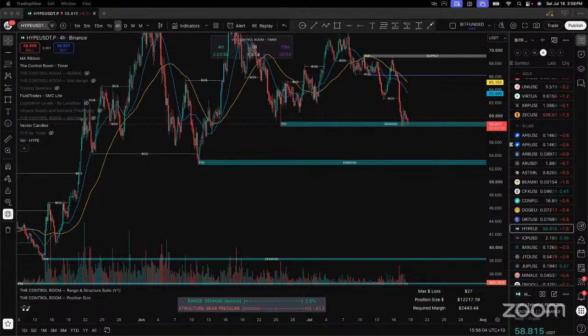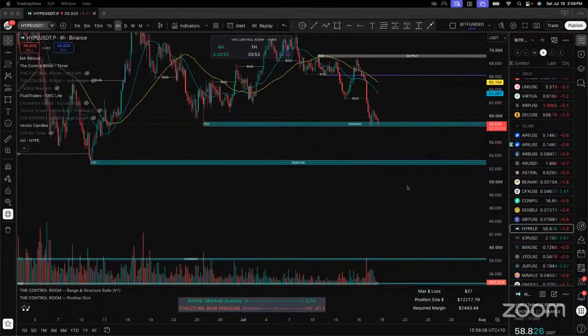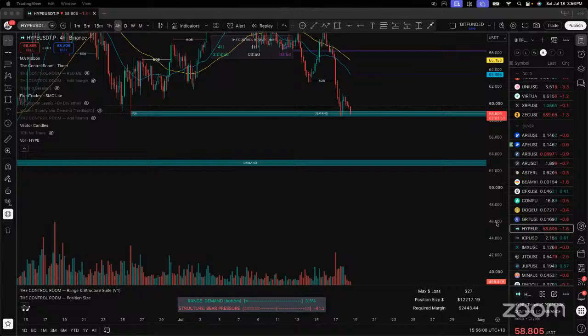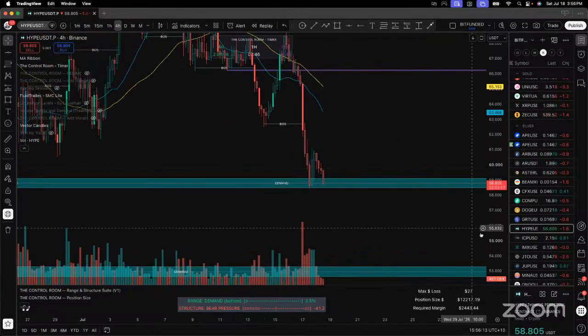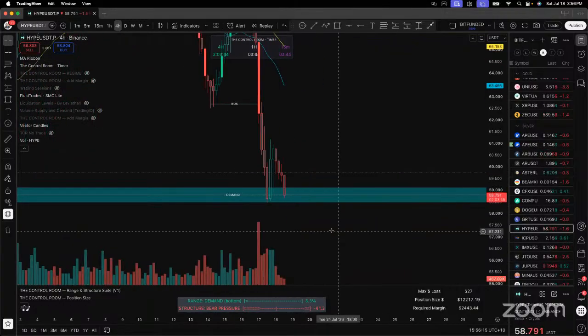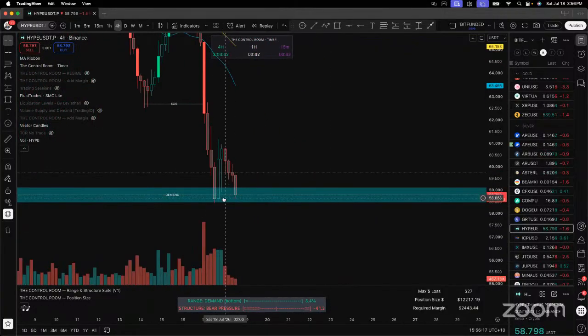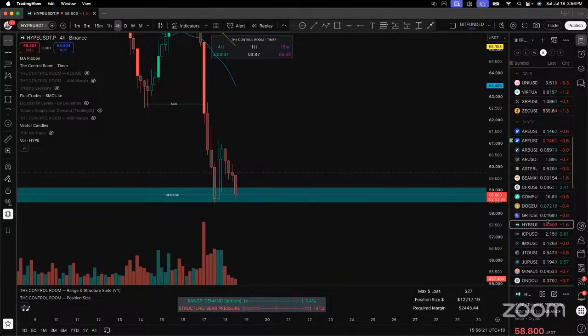What are we doing? What are we waiting for? We're waiting for that candle body to be cleaned out and close back up above demand.